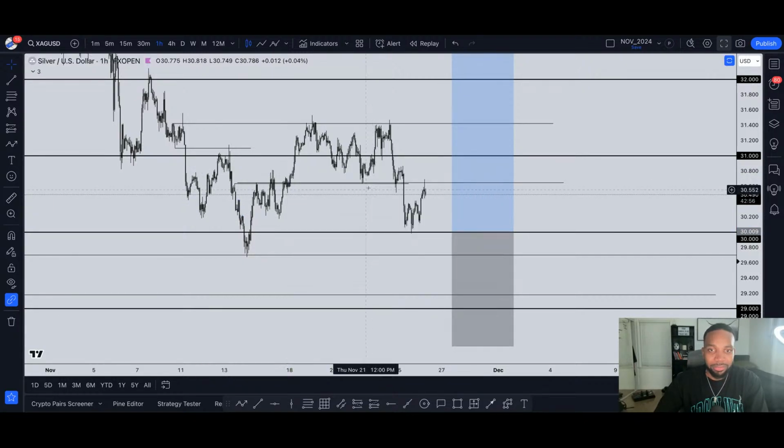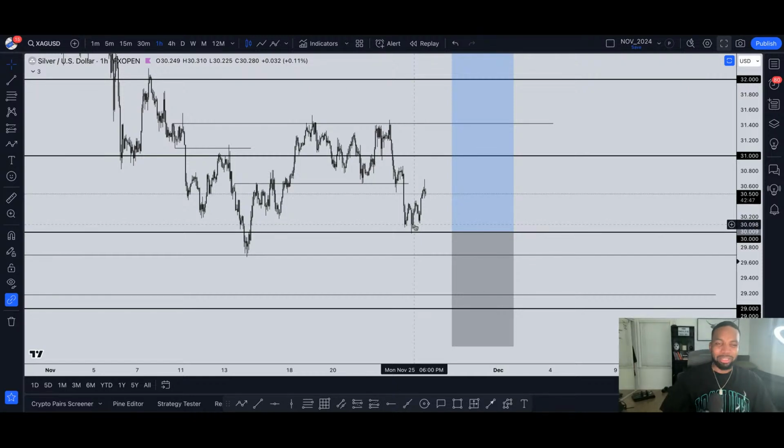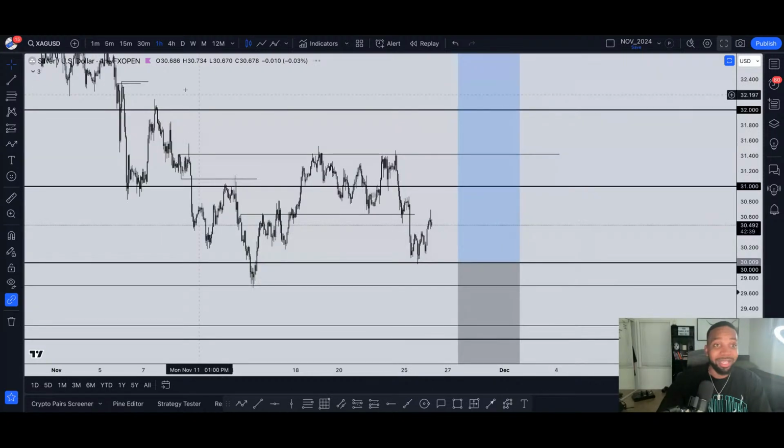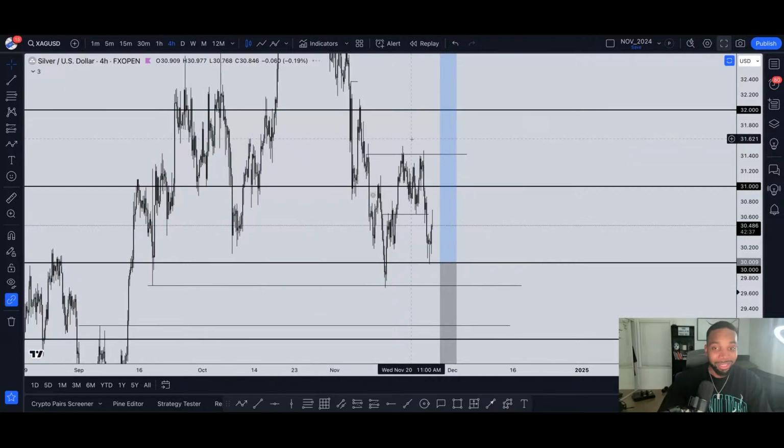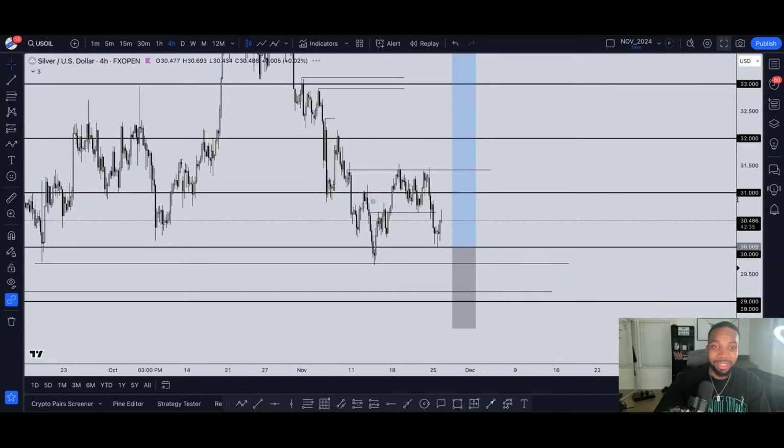Patience. I was so tempted to get in over here and over here, but I'm like, you know what? Hold on. I hate that feeling when you have to sneeze. But I don't want to sneeze, and the reason why is because I don't know what's going to come out. We don't want to go there.